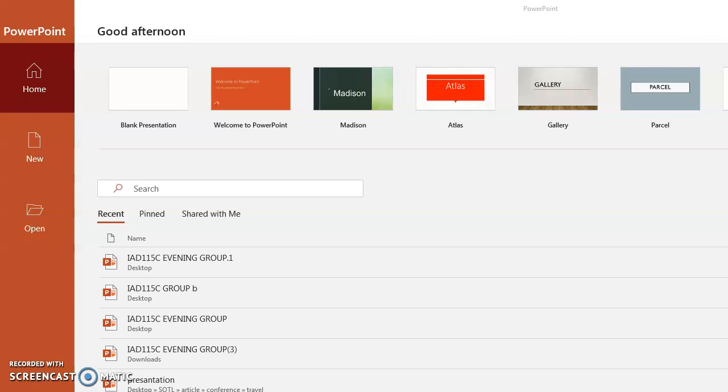This is for PowerPoint and your illustration. It will be part of your assessments. When you click PowerPoint, you double click on Microsoft PowerPoint,